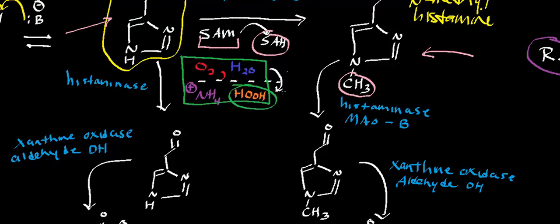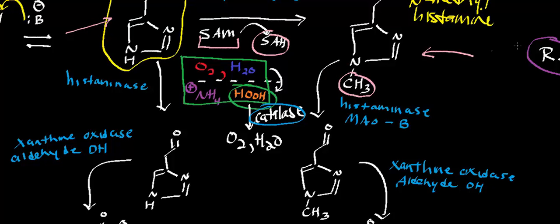And by the way, the hydrogen peroxide ends up getting metabolized by catalase, and you end up with oxygen and water. So that's something important to know. The enzyme that metabolizes hydrogen peroxide is catalase. But that's not of importance here. What we're worried about is neurotransmitter and hormone metabolism. Now,